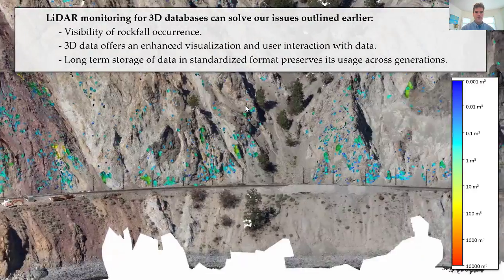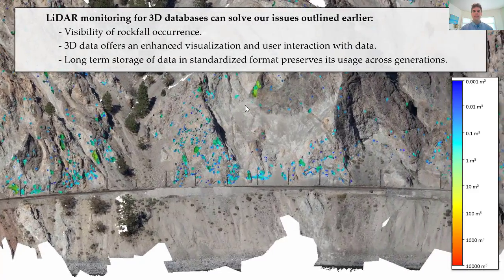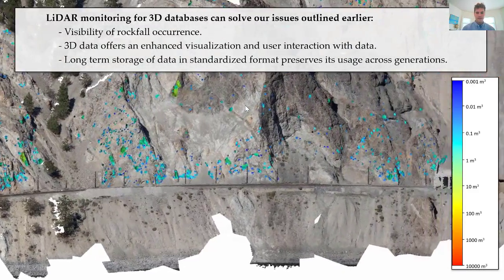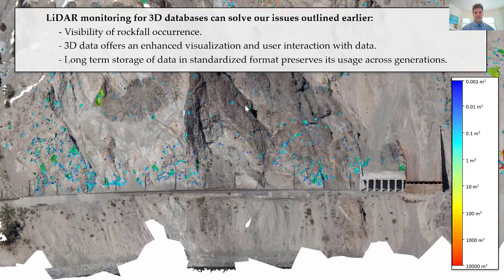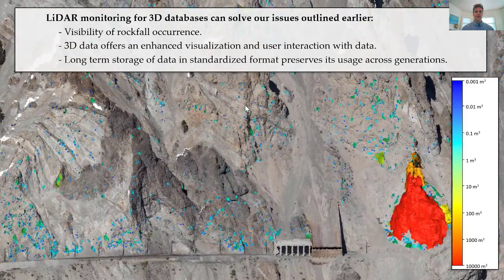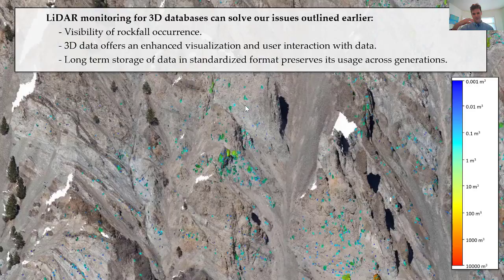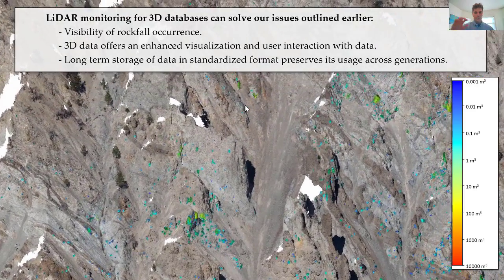As well as, 3D data offers an enhanced visualization and user interaction with the data. So we're able to look at this data in 3D, move it around. It's not really as stagnant as on a 2D map as it is when we're in 3D, and we can turn on and off different time steps of change detection, and we can zoom around our site